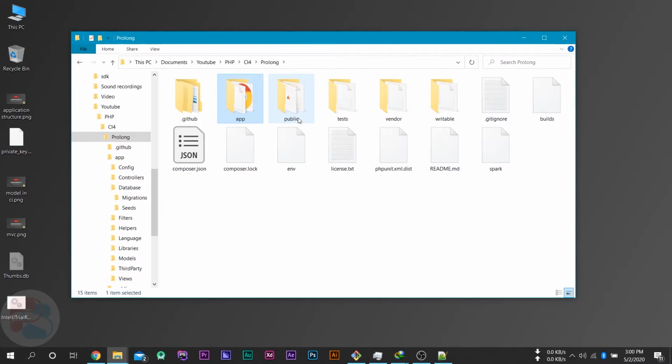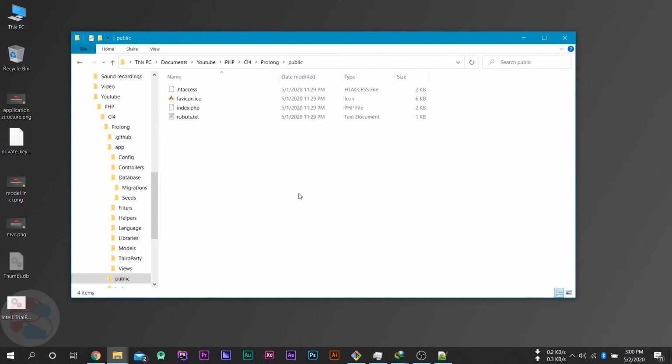The next one is the public directory. This directory will contain all code which will be visible to users, like assets, images, favicon, .htaccess file, robots.txt file or any other files which are globally visible to users. By default there are four files.